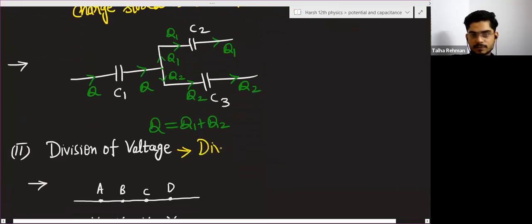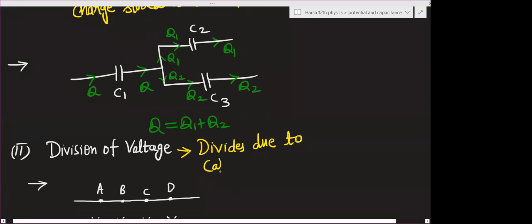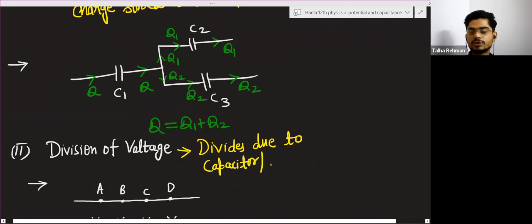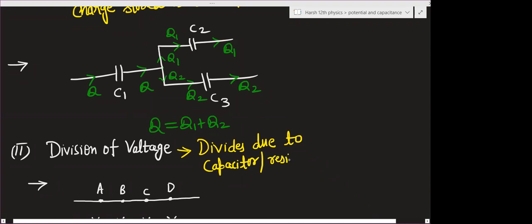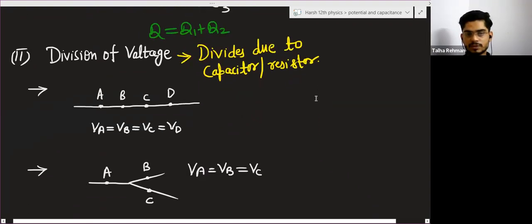Potential divides due to capacitor or resistor in the path. Then write like